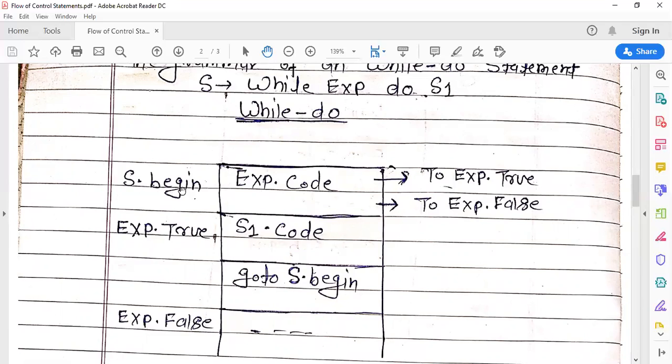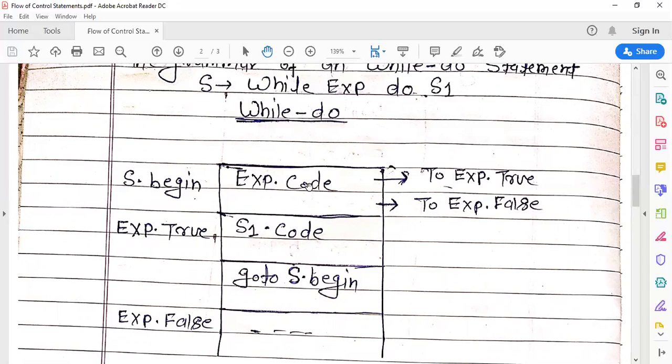S.begin is the first instruction. After the true code is executed, control again jumps to S.begin and checks the condition. If the condition is true, control jumps to exp.true, and again this code will be executed, and again go to S.begin.